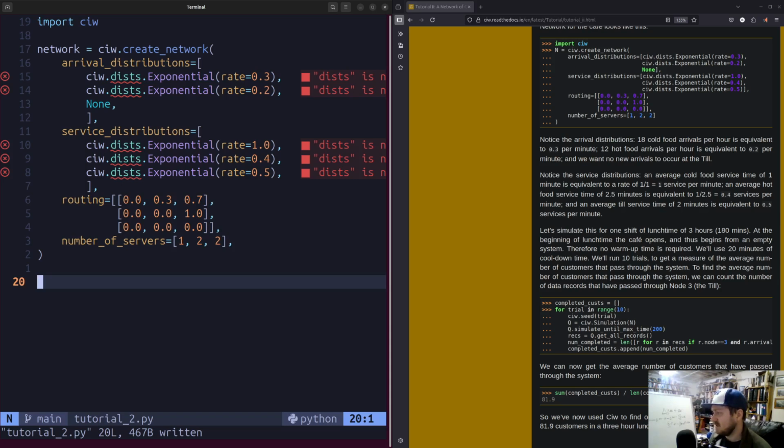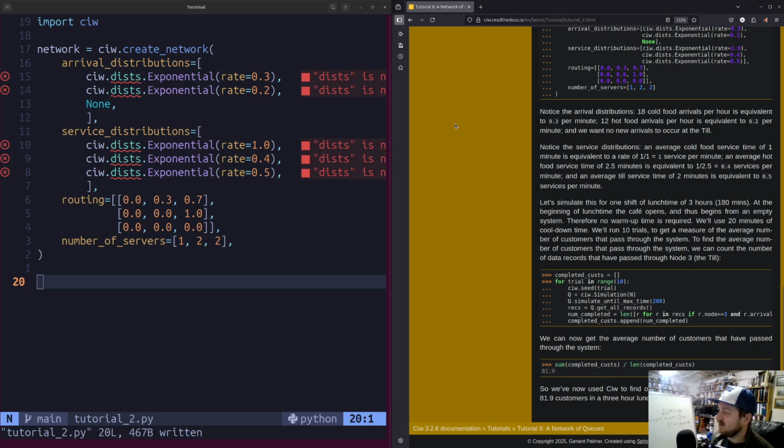Okay, so let's get back to that paragraph. Notice the service distributions. An average cold food service time of 1 minute is equivalent to a rate of 1/1, which equals 1 service per minute. An average hot food service time of 2.5 minutes is equivalent to 1/2.5, which equals 0.4 services per minute, and an average till time of 2 minutes is equivalent to 2.5 services per minute. Okay, so they're just explaining how they're converting between rates and